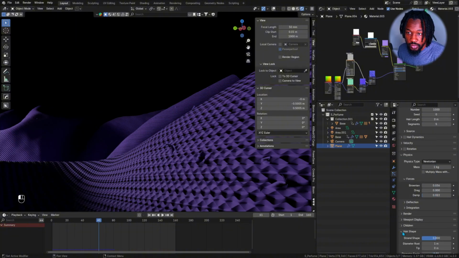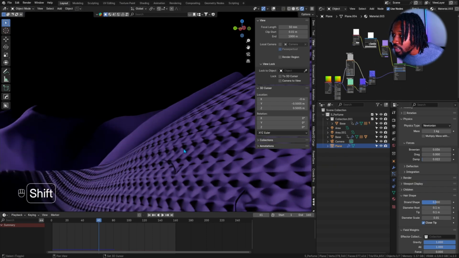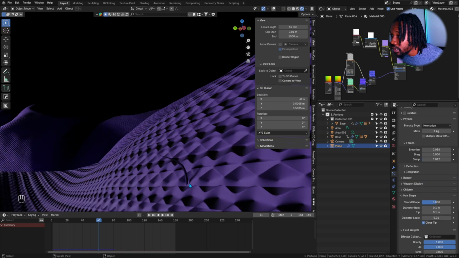So we want to go down to hair shape, and I'm going to drop this down to 0.01 or maybe 0.1. Yeah, 0.1. And it still has the base thicker and then the tip a lot thinner. So we could close the tip, make it smaller. So 0.05 or